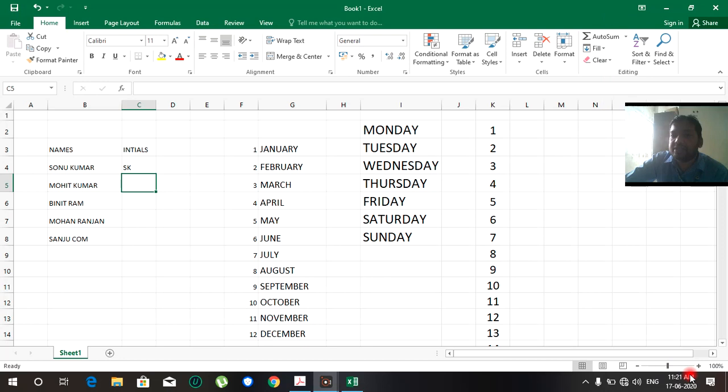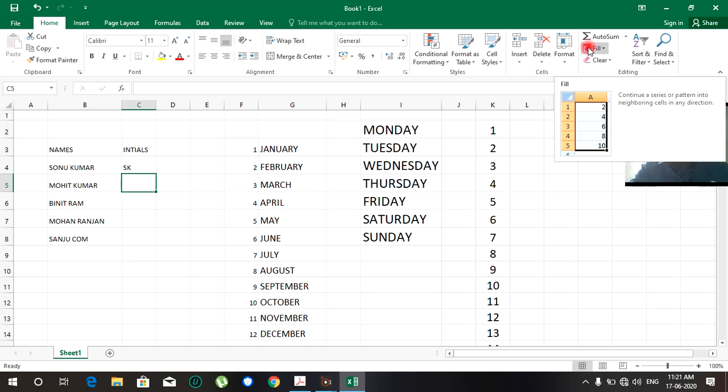See here, here is the flash fill. Now when we click on this fill, a drop down list will open.